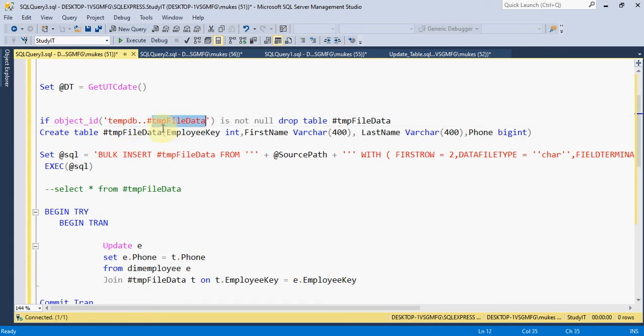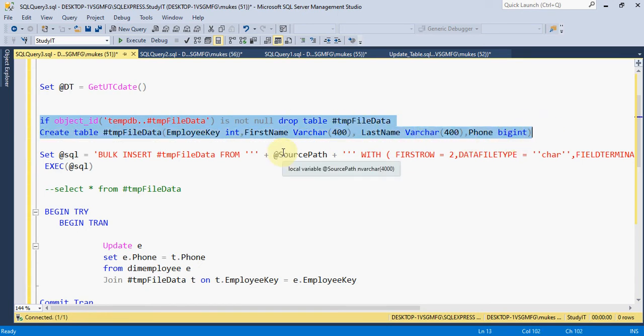In the temp table, before creation, I will check whether that table exists or not. If the table already exists, we need to first drop the table, then create the table. This is the standard process, a best practice. If you are creating any table, you need to first check if the table already exists, then you can create.